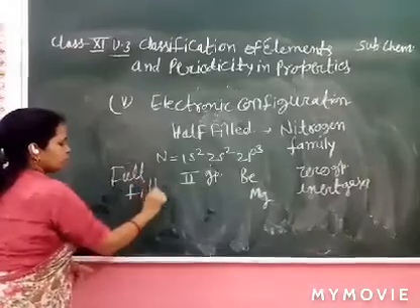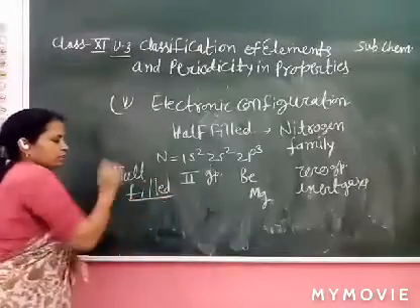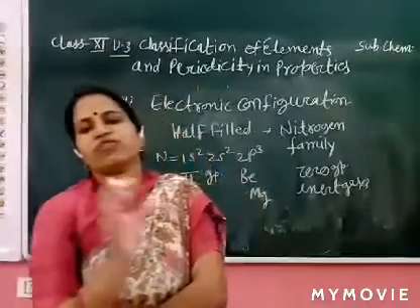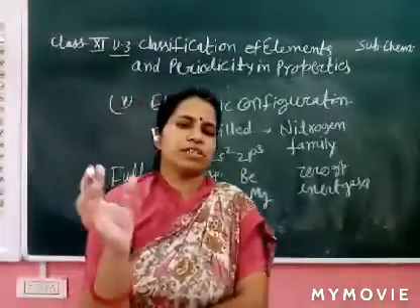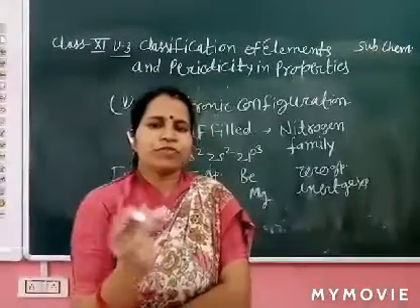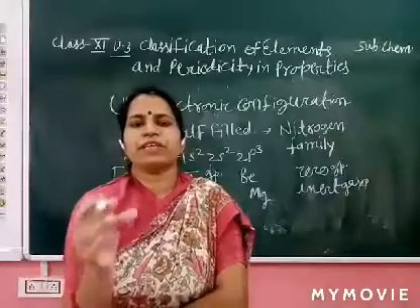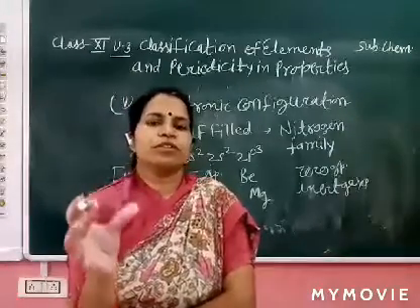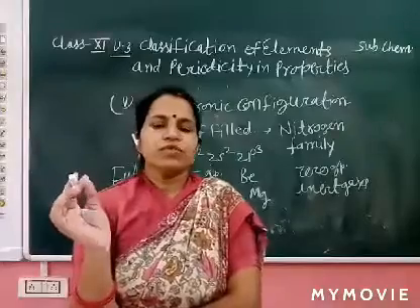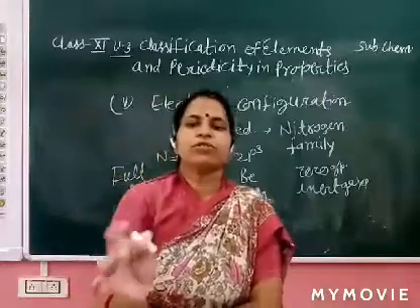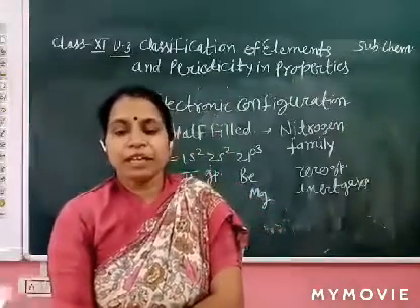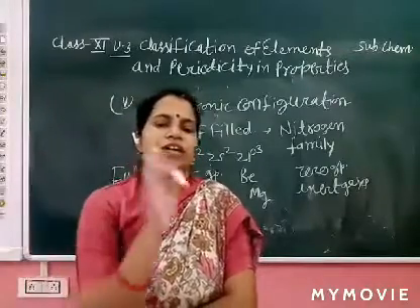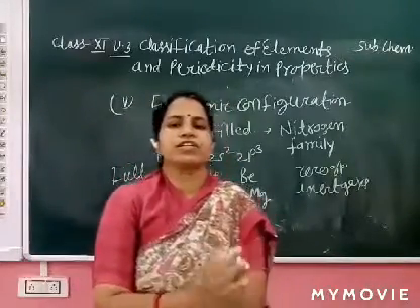So what is the conclusion of this point? You already learned that half-filled orbitals and full-filled orbitals are very stable. How do you remove an electron from a half-filled or full-filled orbital? The requirement of energy is more, so it is difficult to remove the electron. The ionization enthalpy is increased.